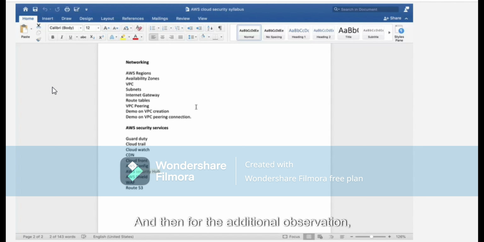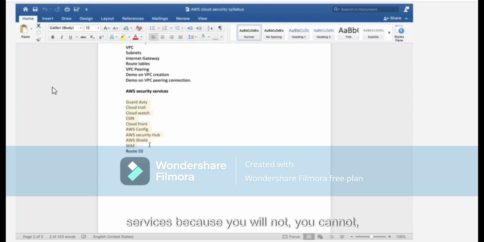Right? And then for additional observation, you will be enabling all these services, because yes, you have taken care of security, but you cannot just rely on them. There has to be somebody who will stand watch. Just because you have built a building with strong doors and locks, you cannot say, okay, I don't need a security guard. No, you still need a security guard because you need to know who actually has access to that building, to that floor. Whether he is an authorized person to get into the building. Because there are CCTV cameras, you still cannot skip having